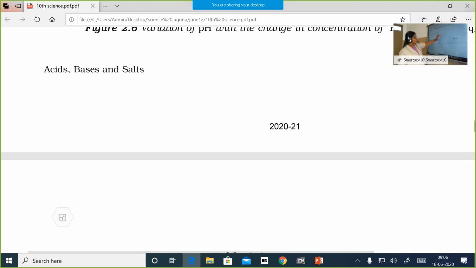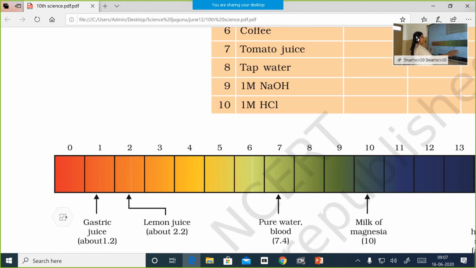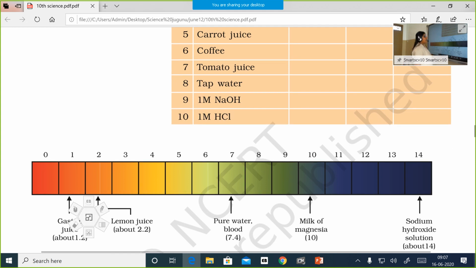If you refer to the textbook, you can see this color chart provided. Can you refer to your textbook? Refer to this color chart provided. pH paper responds to the particular solution, that is, it indicates whether the solution is highly acidic, whether it's moderately acidic, whether it's weakly acidic by bringing different colors. The colors are indicated here in this color chart.